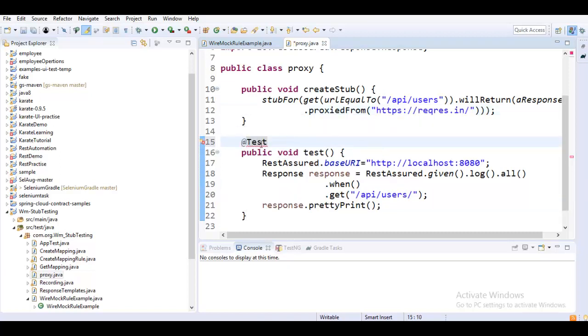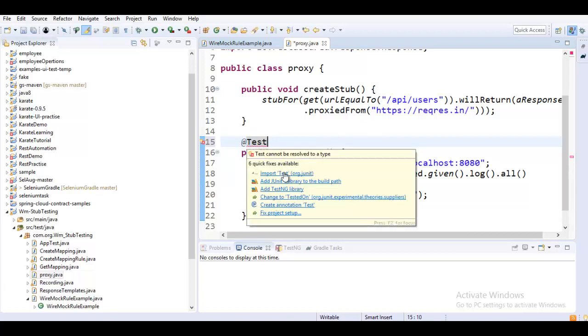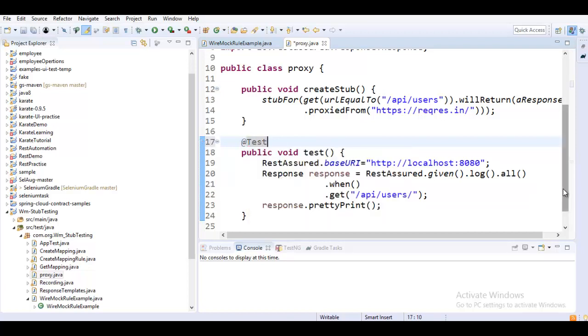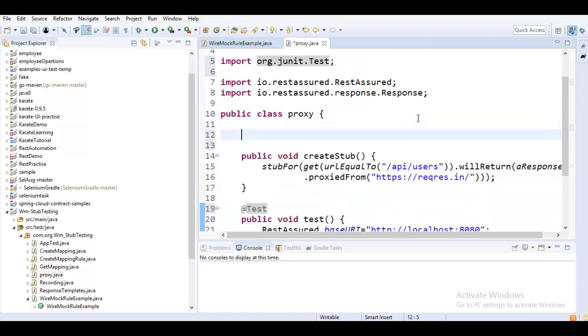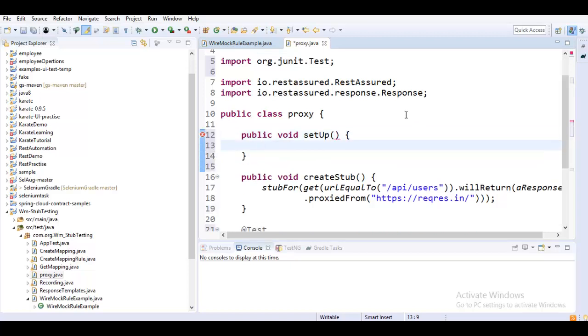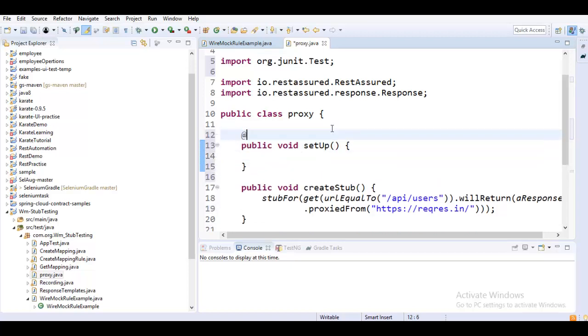And also let me start a WireMock server. So we know that we'll have a method to set up the infrastructure, public void setup, and I would call this @Before, because before even the test case runs, this Before annotation would be executed.